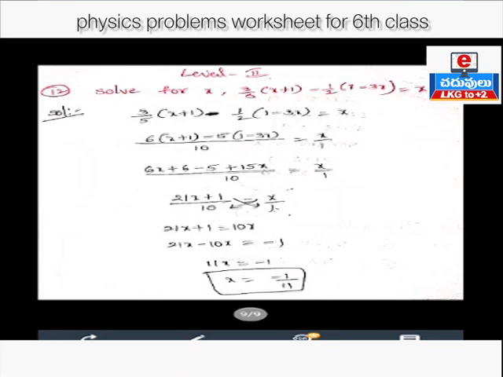What they given here equation? 3 by 5 into x plus 1 minus 1 by 2 into 1 minus 3x is equal to x. By using this equation we can find out x value. See here in LHS, what are the denominators? 5 and 2. What is the LCM of 5 and 2? Both are prime numbers. So we can multiply. 5 2s are 10. That's why I can write here 10. In first fraction denominator is 5. In 5 table when we can get 10? 5 2s are. Again 2 is multiplied by 3. 2 3s are 6. I can write here 6 as it is.